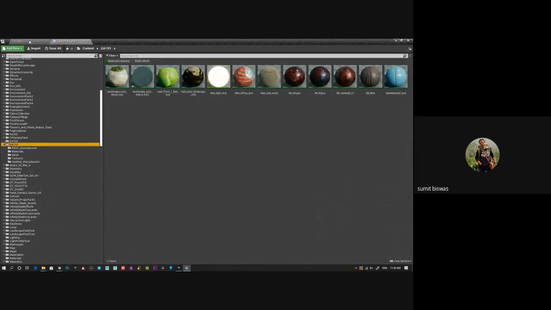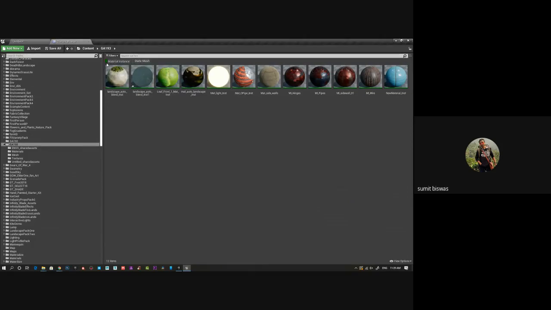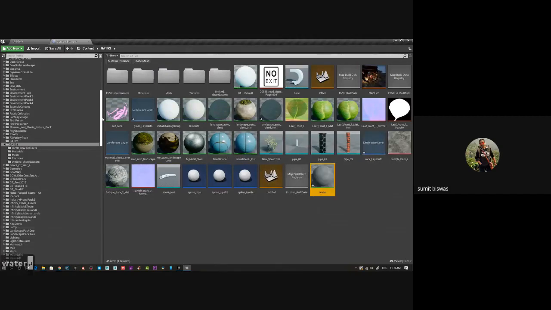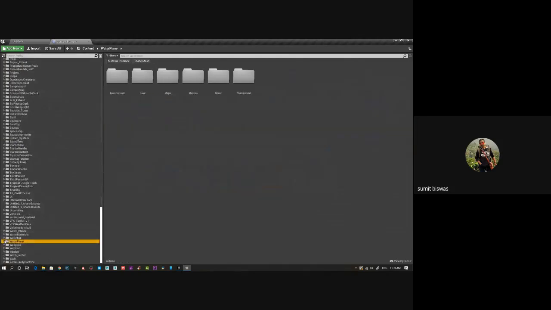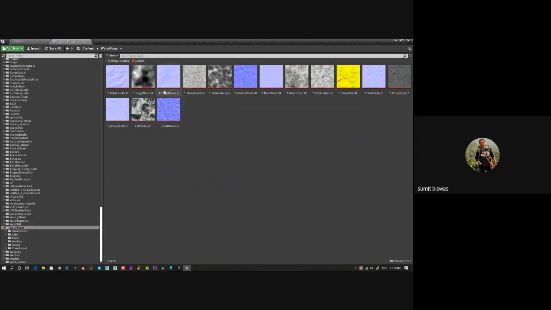So I just want those textures. I'll create a material and name it water. I want those textures, so I'll go back and select those maps. You can see I have all these, large wave, medium wave, all those maps are there.